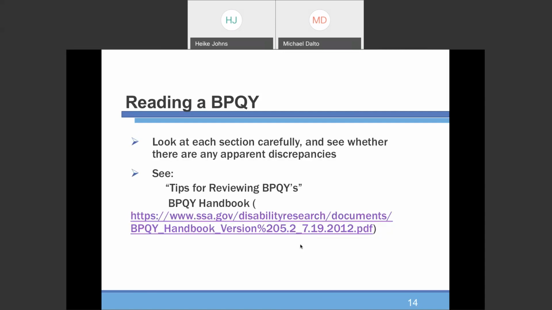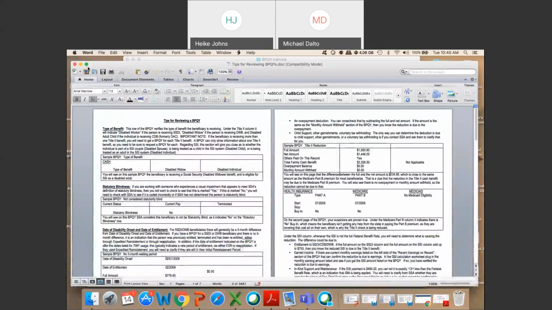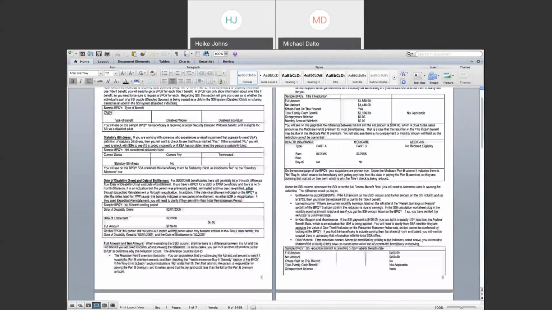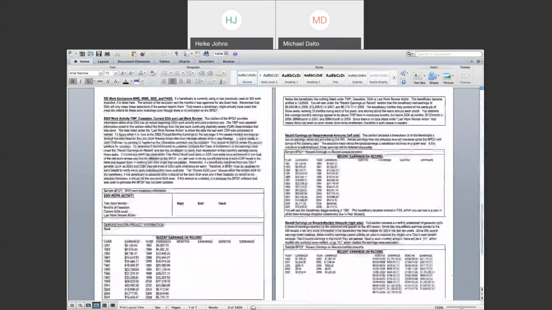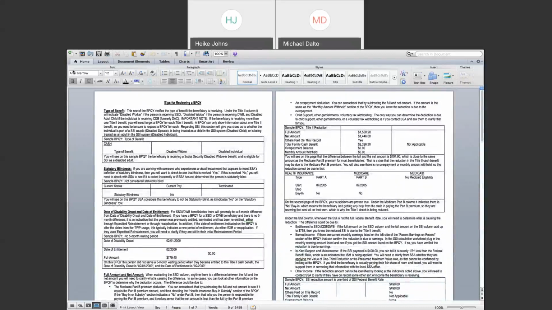There's another document we have here called Tips for Reviewing BPQYs that I'll pull up in a moment. There's also a very helpful BPQY handbook that you can download at the link here on slide 14. So Tips for Reviewing BPQYs looks like this. We won't go through it now, but you'll be able to see it's almost 7 pages long, and provides a lot of helpful information